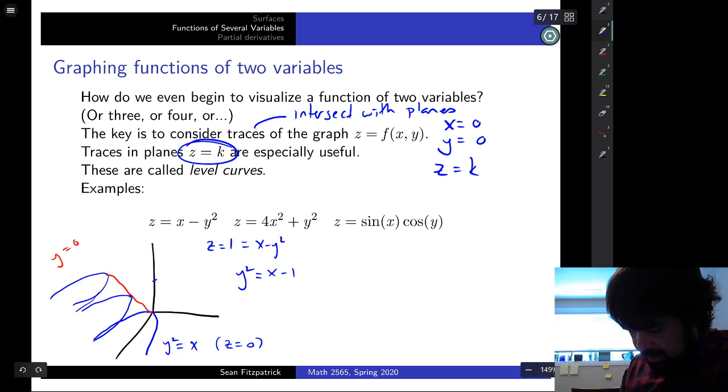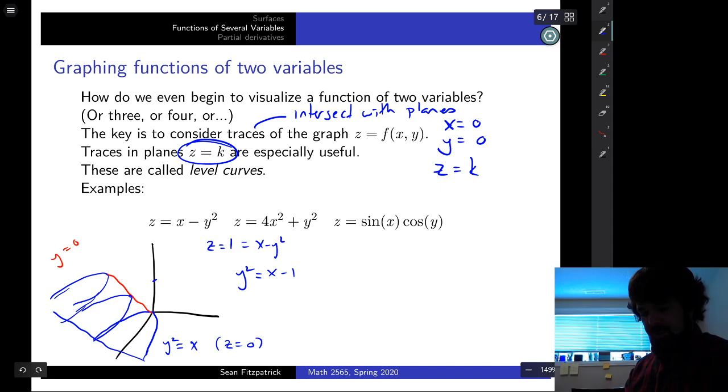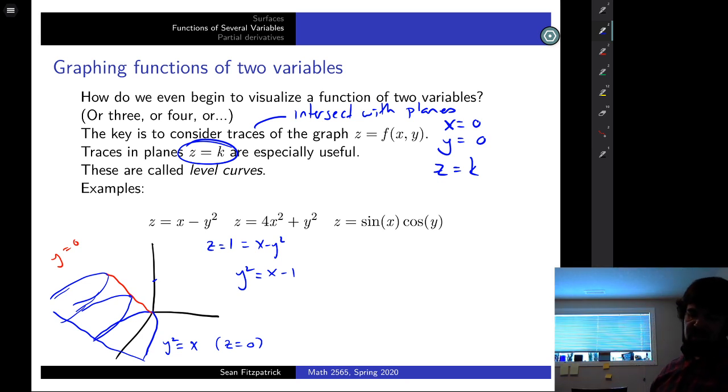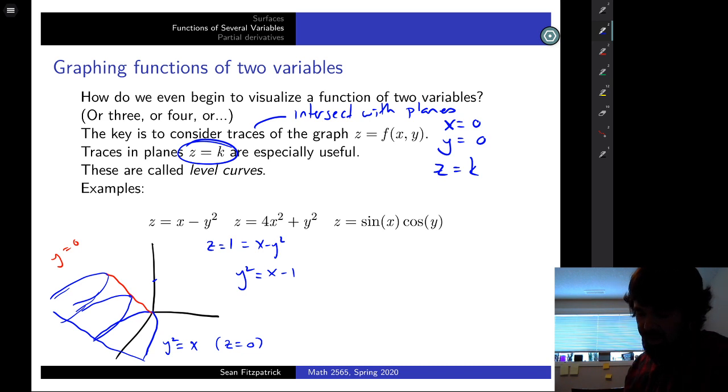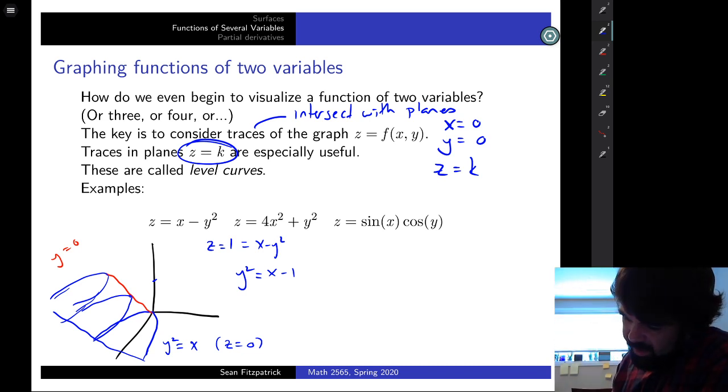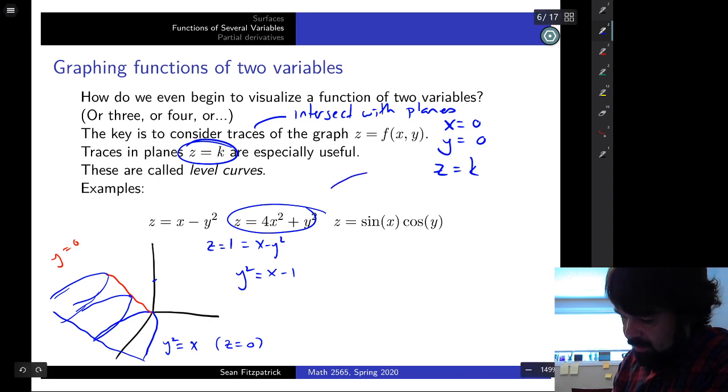And so this gives you some idea, maybe not a great idea, but some idea of what that thing looks like, right? So you get this sort of parabolic cylinder, but it's at a bit of a slant. Again, it's not art class. That's a really bad drawing, but we get the idea, right? The next one here is going to be one of these elliptic paraboloids. So you get something like this,